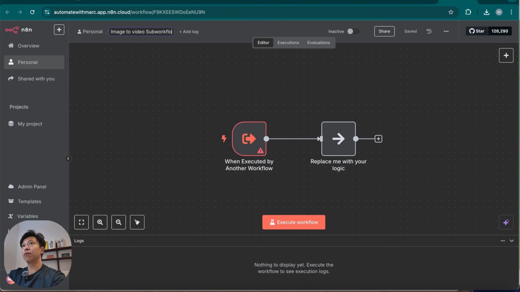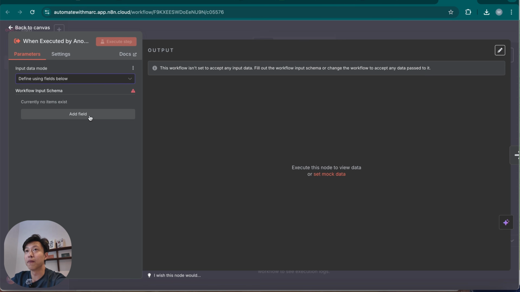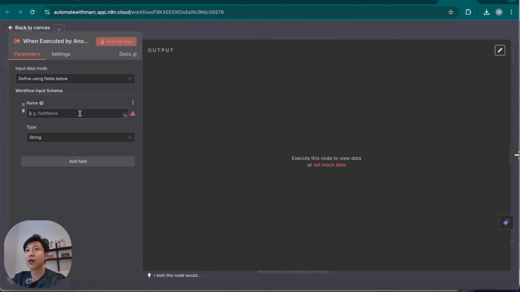sub workflow. Cool. So with the sub workflow, there are a couple of options on how you want to receive the information that's passed on from the main workflow. In this case, what I'm going to do is define using fields below, and I'm going to add a field. In this case, I want the video prompt, or rather video generation prompt,